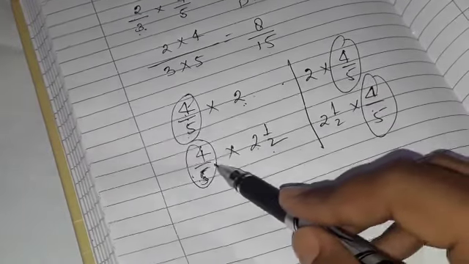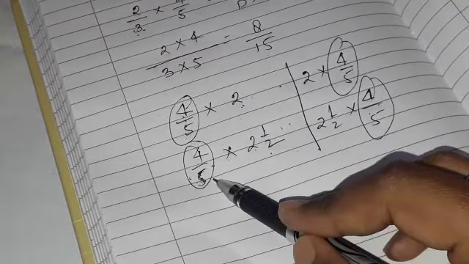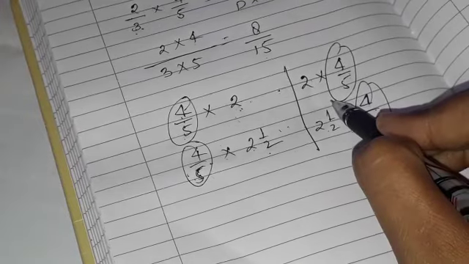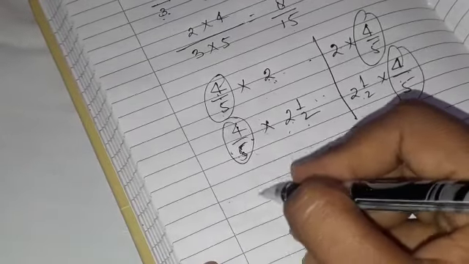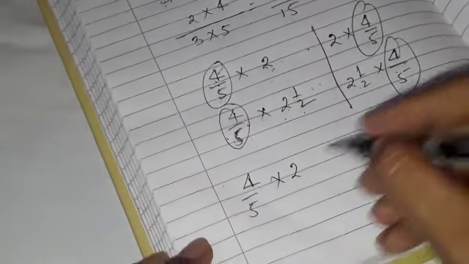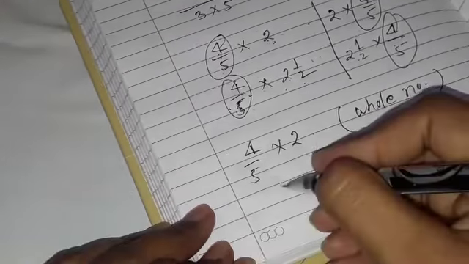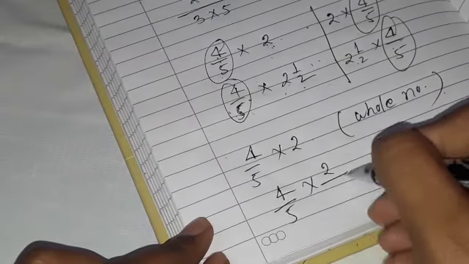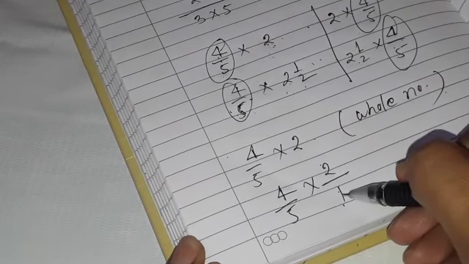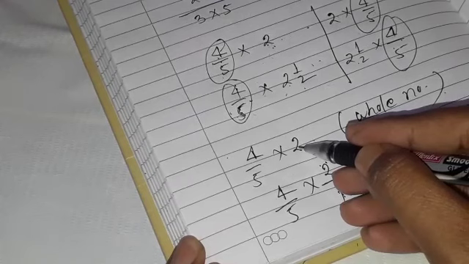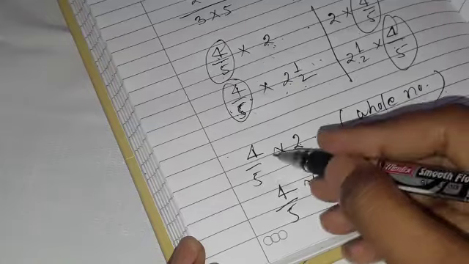So remember, in multiplication, if one of the numbers is a fraction like this, then convert the other number into a fraction. How do you convert the other number into a fraction? First I am taking the example of a whole number. It's very simple. If it is a whole number, then we can put 1 as a denominator. So there is no change in the value of this whole number. 2 is there and 2 upon 1 means 2. So there is no change in the number.